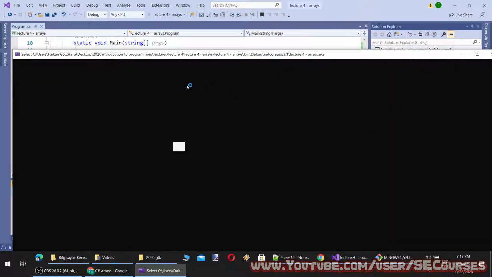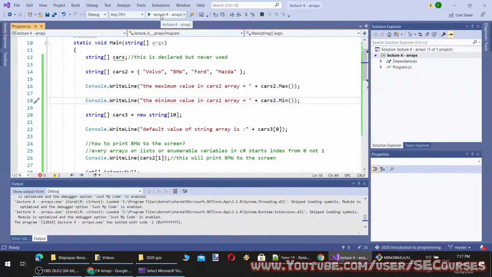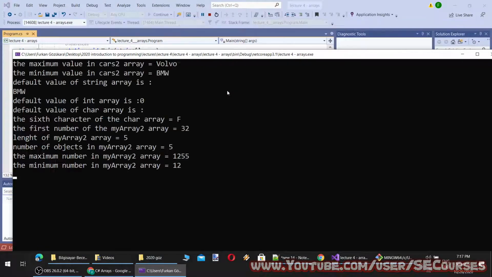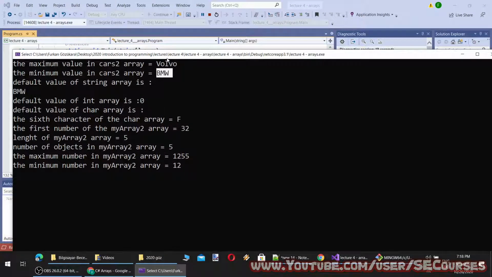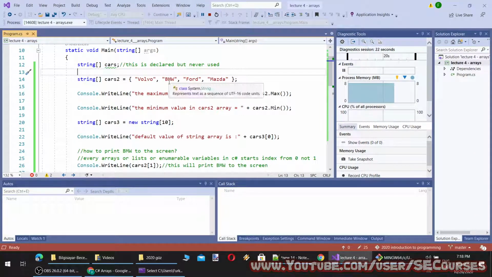Probably it will sort by name. Okay. So the maximum value in the cars2 array is Volvo. Why? Because if you sort them by name, the word with the biggest first letter is Volvo. And the word with the lowest starting letter is BMW.